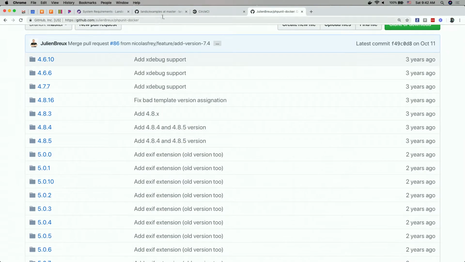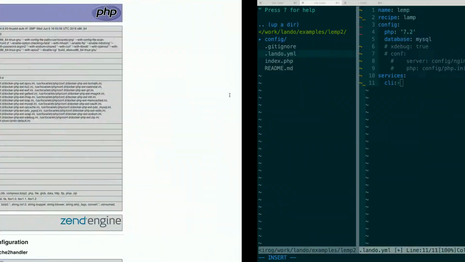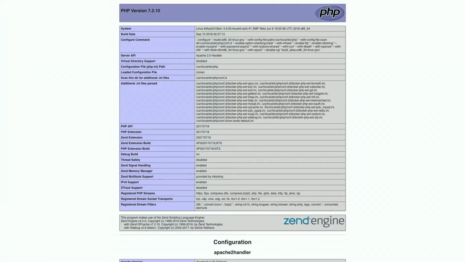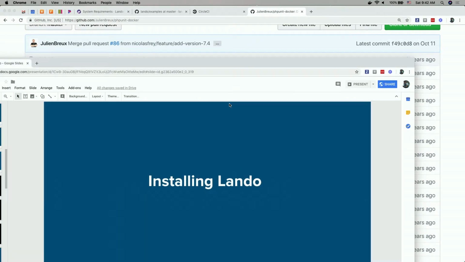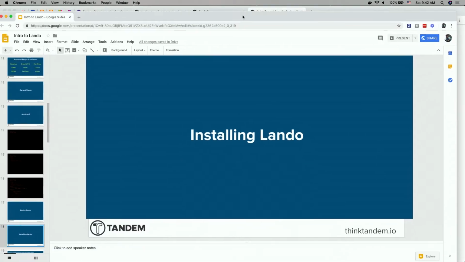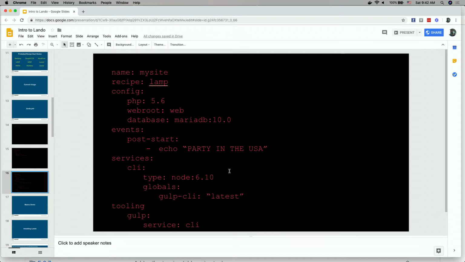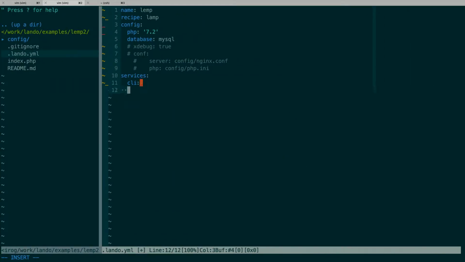That is running, oops. It's important to remember your own config system. So CLI,